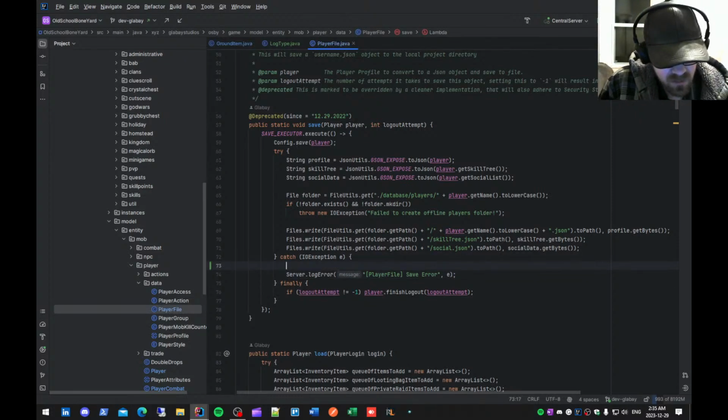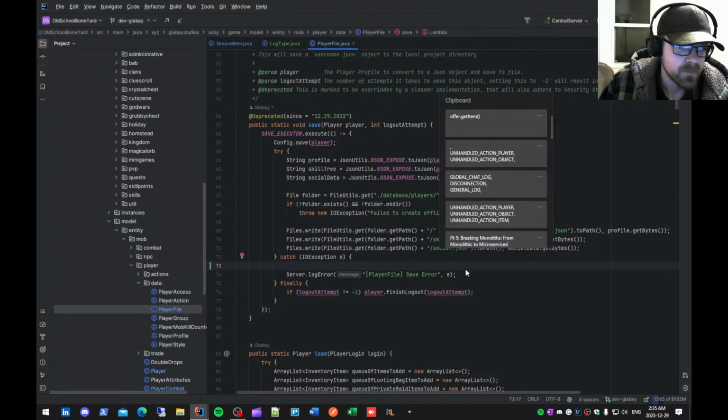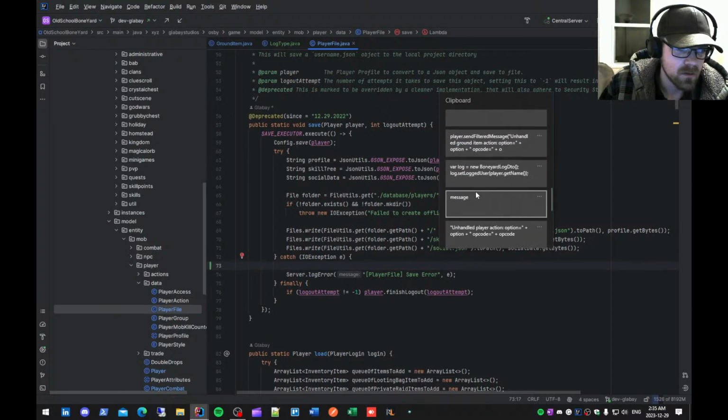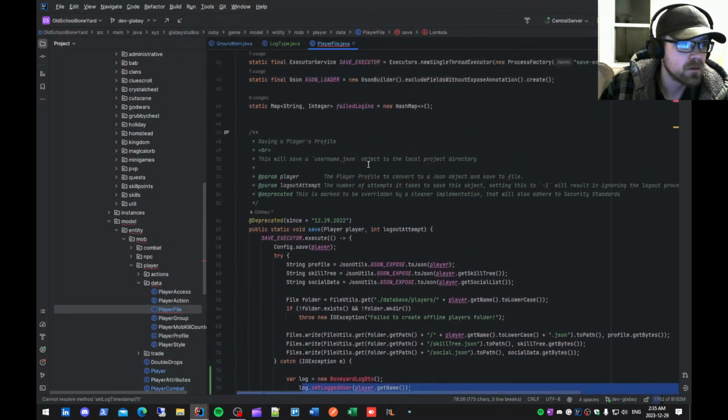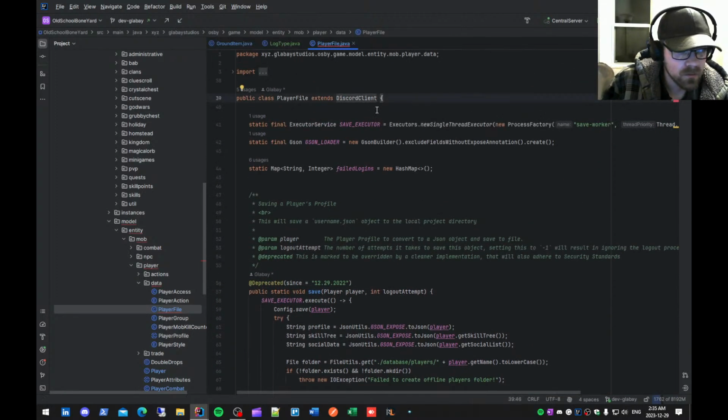So because I'm throwing a log here, we're going to go in and create a log here that we're going to